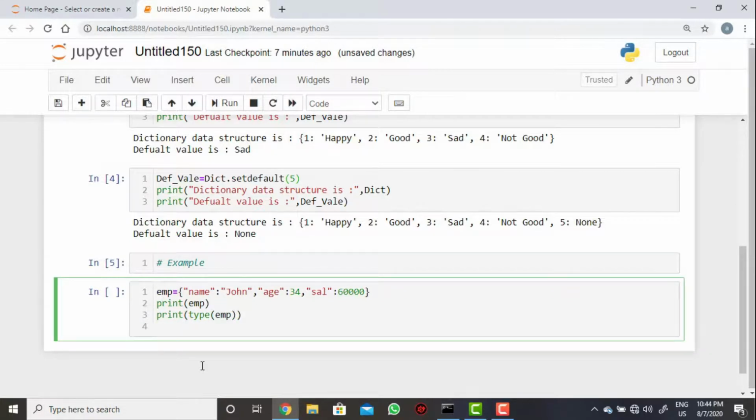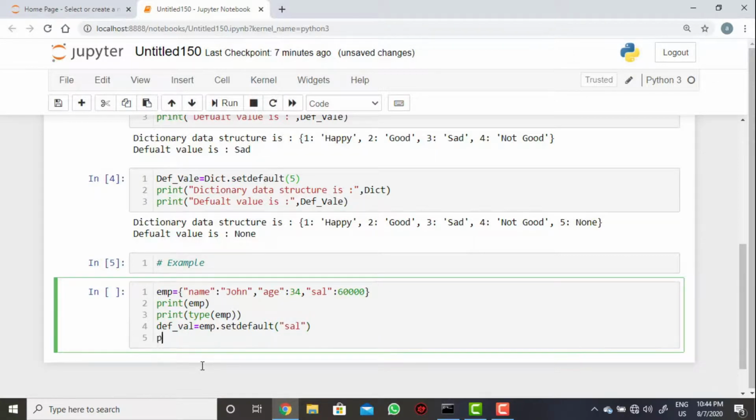Now you need to give default val, just a variable name equal to the dictionary name emp dot setdefault of, then I am just taking here salary.